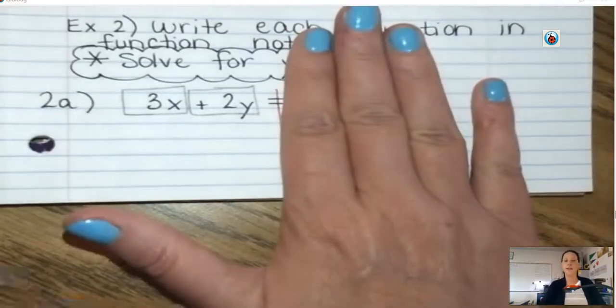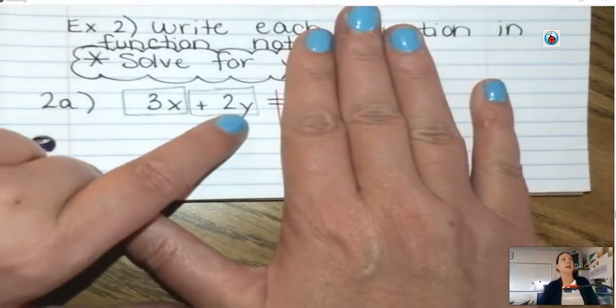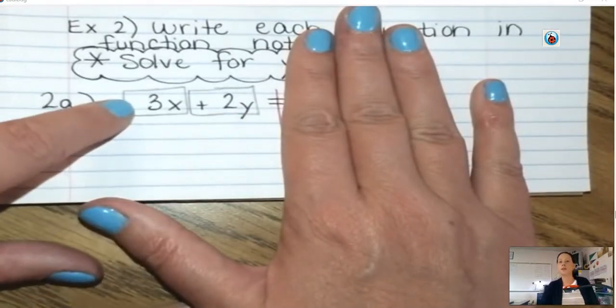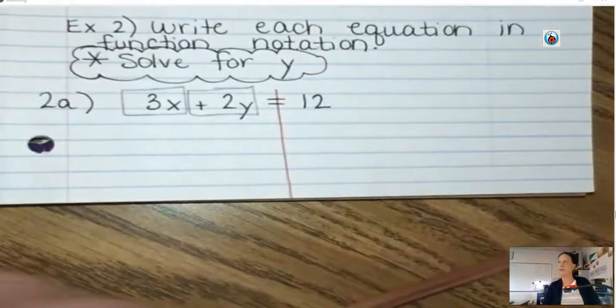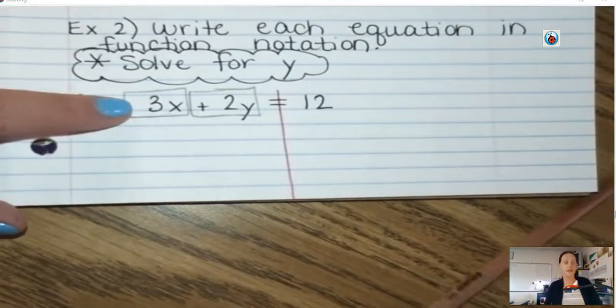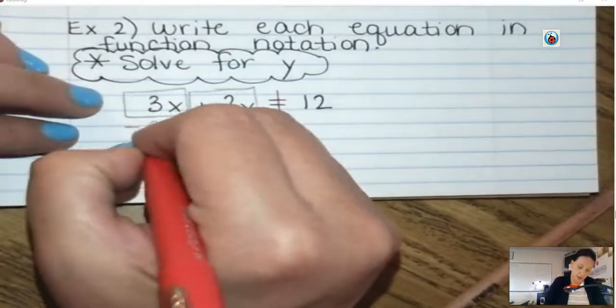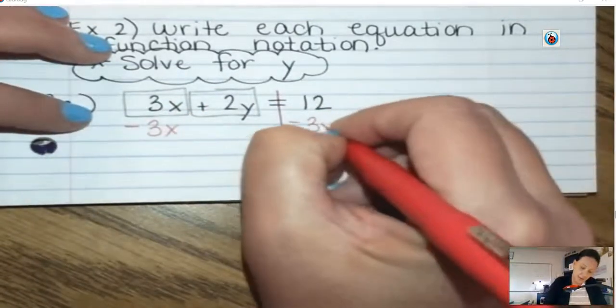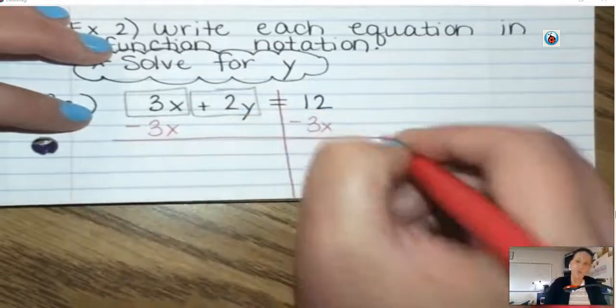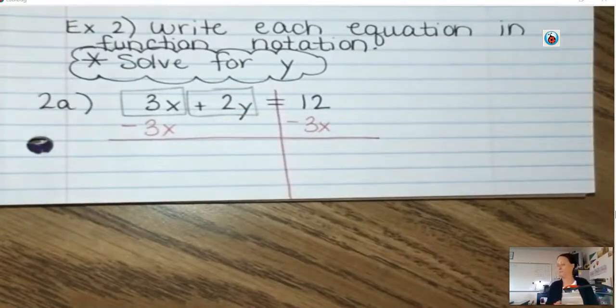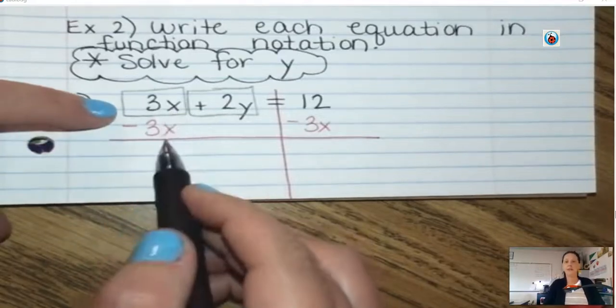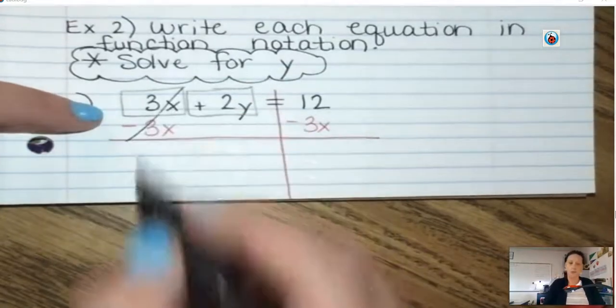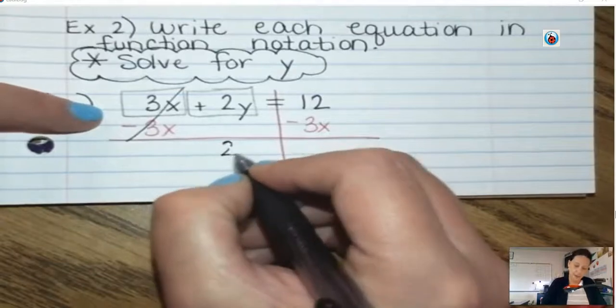Okay, look at the side that has the y. We're trying to get y by itself. Get rid of the other term that's not the y. That's a positive 3x. To get rid of a positive 3x completely, we're going to subtract 3x. If I subtract 3x from one side, I have to do it from the other side. That's the subtraction property of equality. Everyone needs to be paying attention right now. 3x take away 3x, no more x's. I still have positive 2y